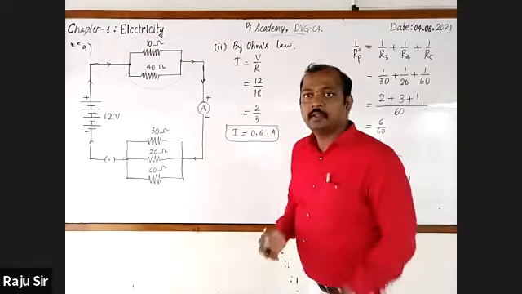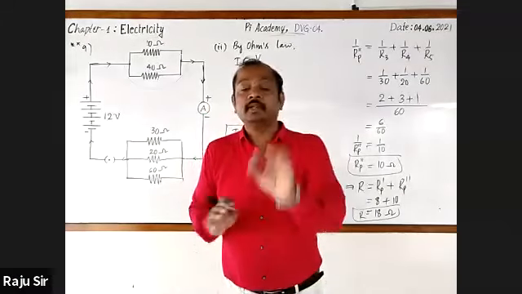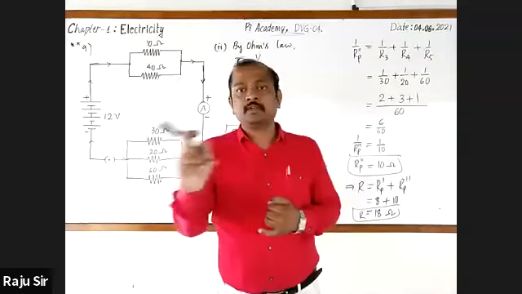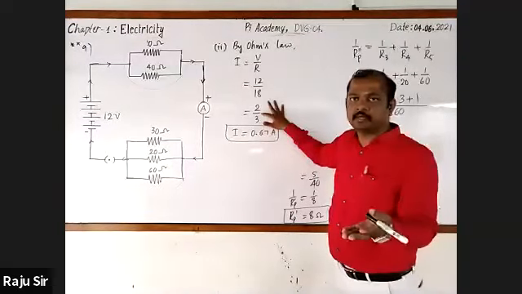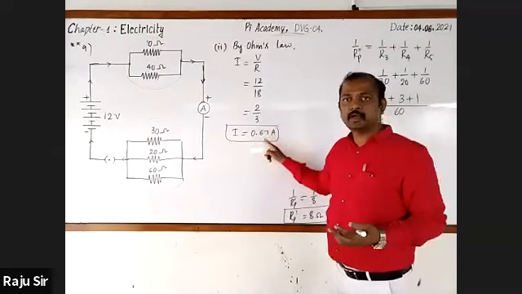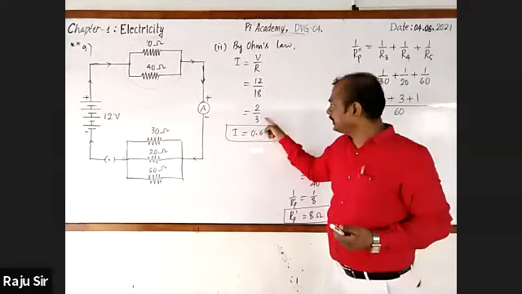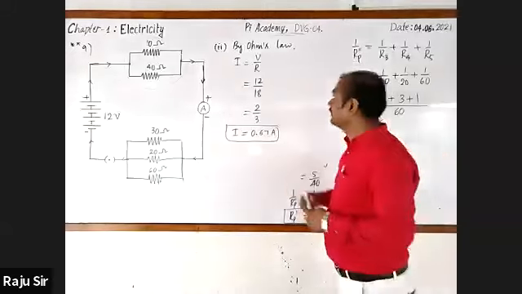Sir, should we write compulsorily in decimal form, or can we write it as a by b form? I had given you clear information that if it is terminating, express that in decimal form. If it is non-terminating recurring, you may express that in fraction only. In addition, if you want to write it in decimal form, you can write like this. 0.67 is an approximate value, not accurate, but 2 by 3 is accurate.